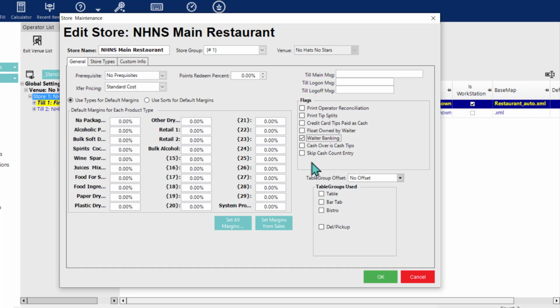So if an operator does have that waiter banker tills only flag turned on, they can then only log into tills in stores that are set up for waiter banking that have this flag turned on. So essentially it is a security mechanism to prevent waitstaff, or just operators in general, from using tills in other stores where waiter banking is not used. But Casey, the head waitstaff that we were just looking at, has that restriction